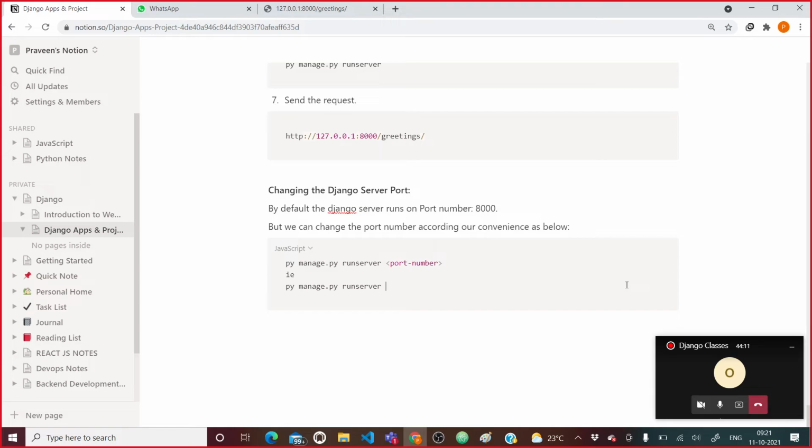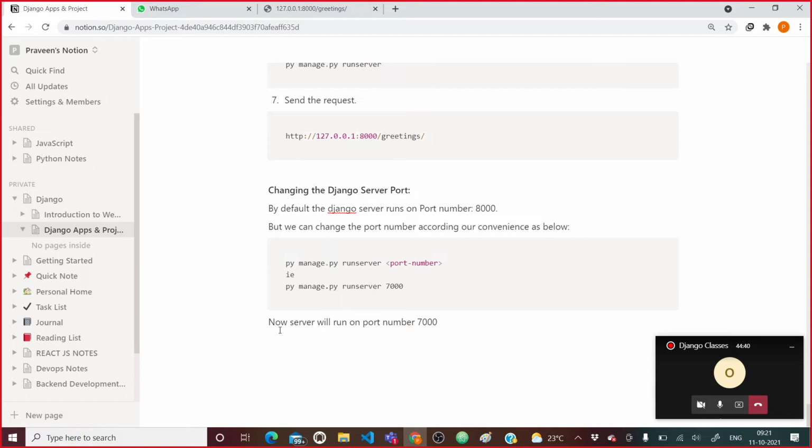For example, I want to run my project on port 7000. I will say 7000 and it will start running on 7000. So now the server will run on port number 7000.